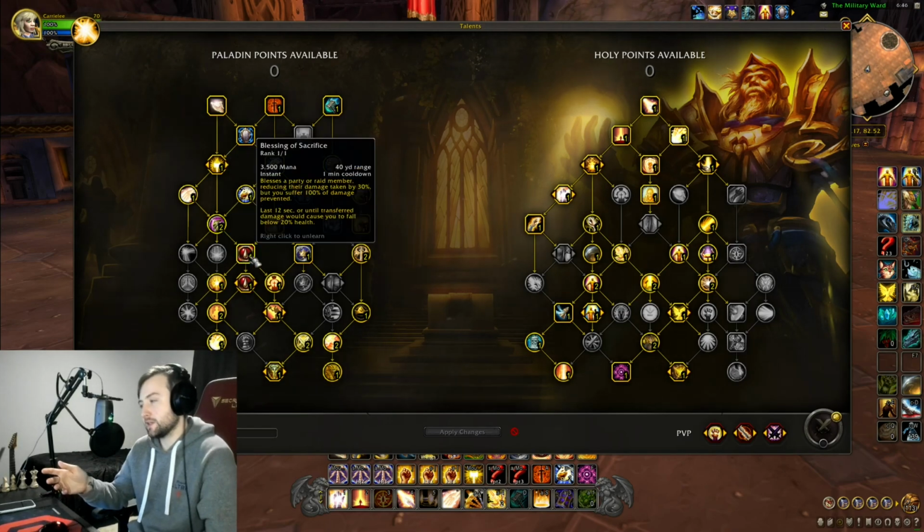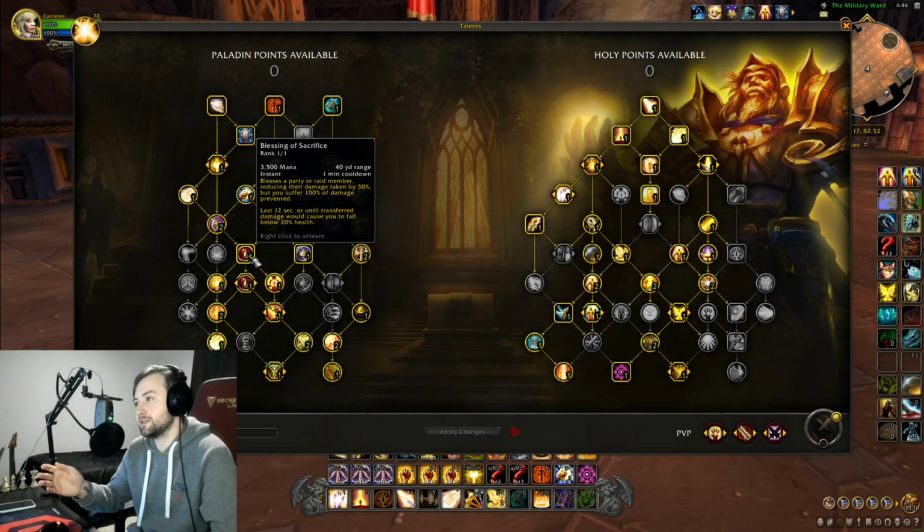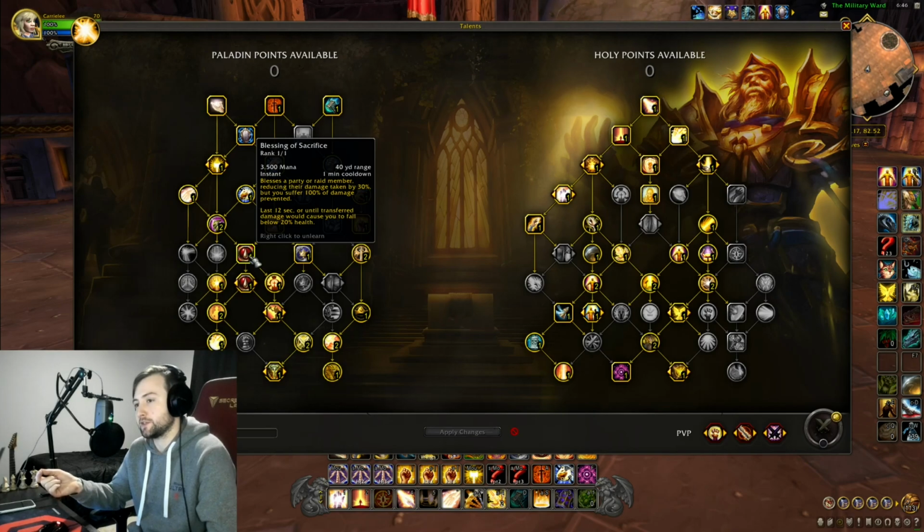Blessing of Sacrifice. I have a lot to say about this button. The outplay potential with Blessing of Sacrifice is absolutely insane. Yes, it's a wall. You could put this on your DH. Let's say there's a melee cleave and they're going your DH. Yeah, you could throw it on your DH and he takes reduced damage, but the damage you receive also breaks